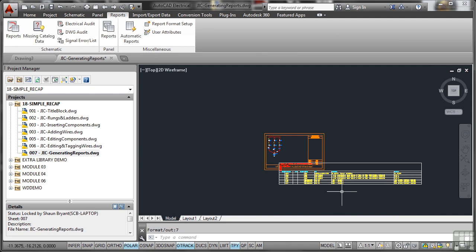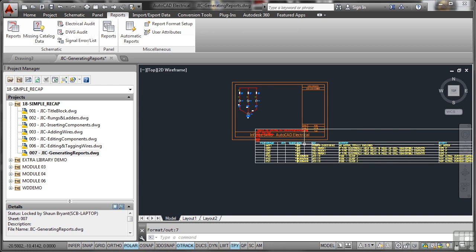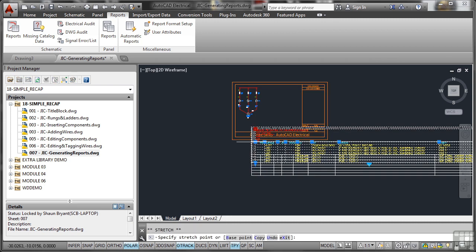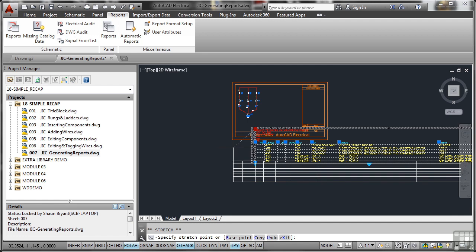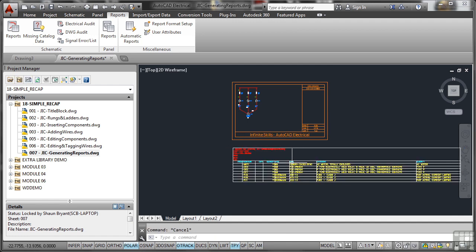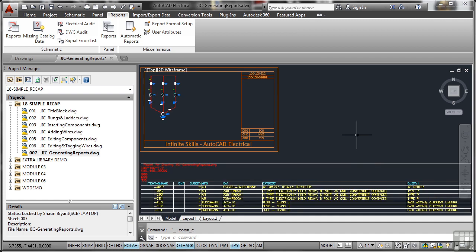Now, obviously, it's not going to fit on the drawing. So what I might do there is pan a little bit and zoom in, and I can click on this table, and it is just a regular AutoCAD table. And what I can do is snap to that grip there and just drag it down, line it up underneath the drawing like that, hit escape to deselect, and that's much neater. And that's the sort of thing you would do. If I just do a zoom extents there now,